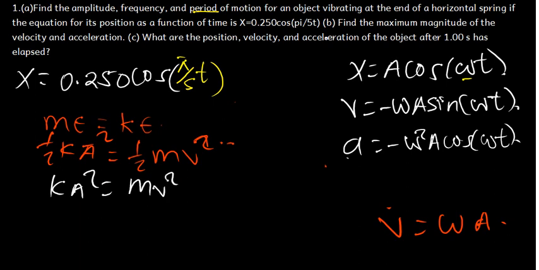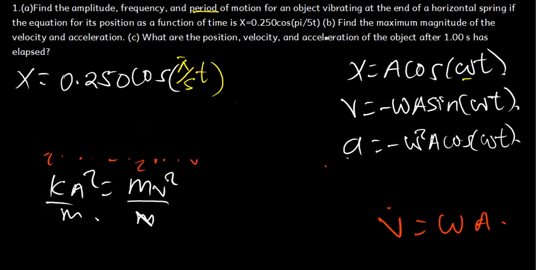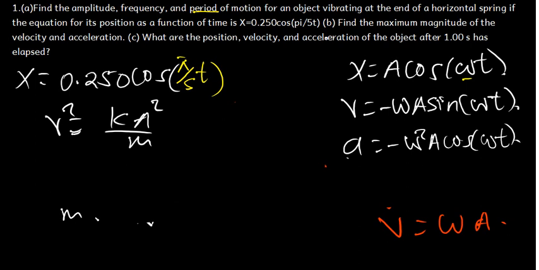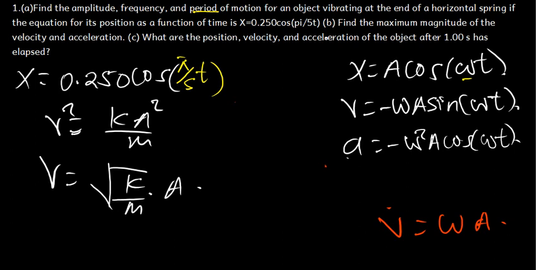So we want to find the velocity, that is the maximum velocity. We divide both sides by m. So v squared is going to be equal to k a squared over m. We take the square root of both sides. We are going to have v equal to the root of k over m times A. The A is outside the square root, so I can just put it outside. Now if this is our velocity,